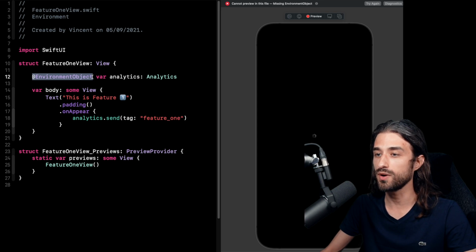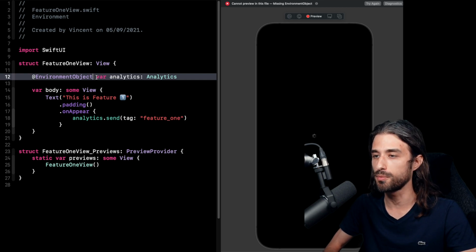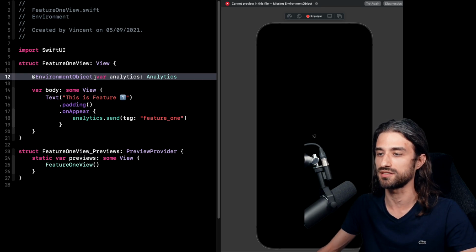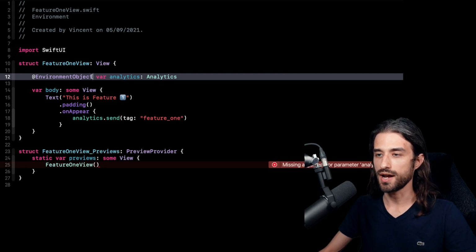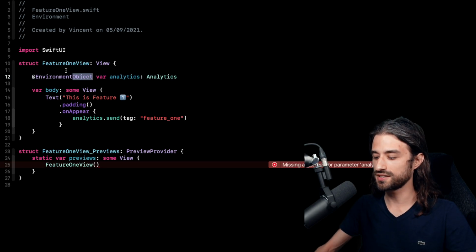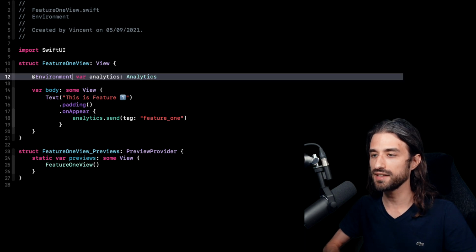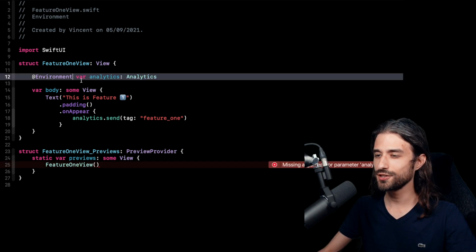And as we're going to see, the other property wrapper, so-called @Environment, is going to allow us to not have this drawback of having an app that can possibly crash. So let's take a look at what is the alternative to using @EnvironmentObject. First I'm going to hide the preview because I don't need it right now. Now, I don't want to use @EnvironmentObject anymore, and instead I want to use the @Environment property wrapper. And in order to be able to use this other property wrapper, we're going to have to write a little bit of boilerplate code.